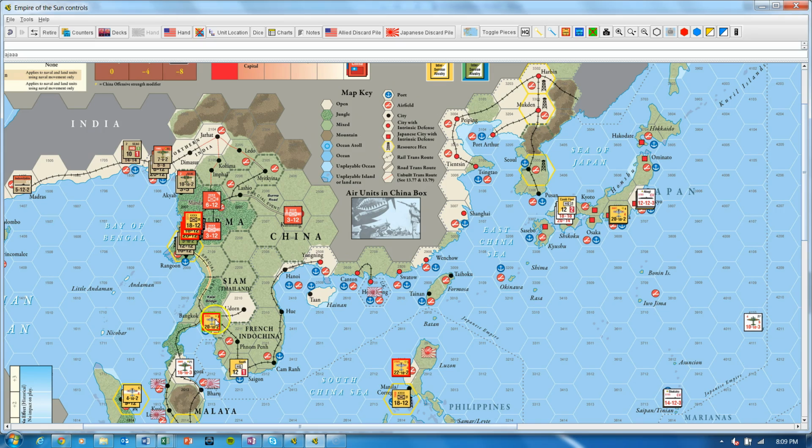This guy is already in Bangkok, so he doesn't have to move. This guy has to get there. And the other thing we didn't talk about is General Adachi, even though we're using him as an event card, a military event, so we use the logistics value to determine how many units we can activate, we still have to take note of the